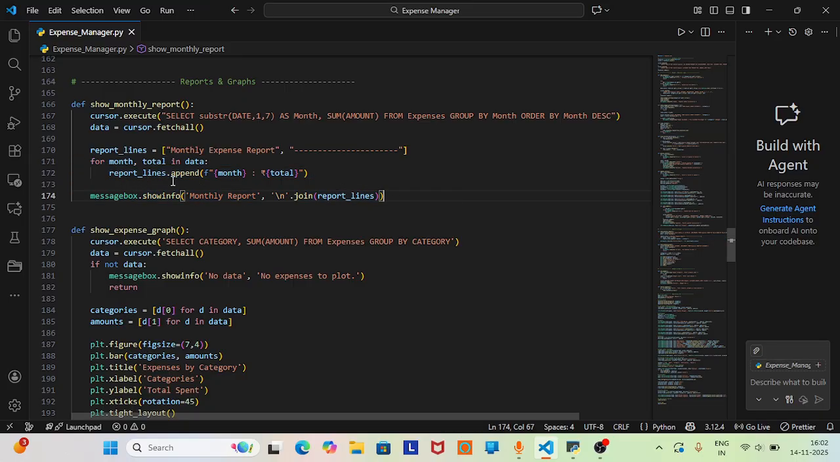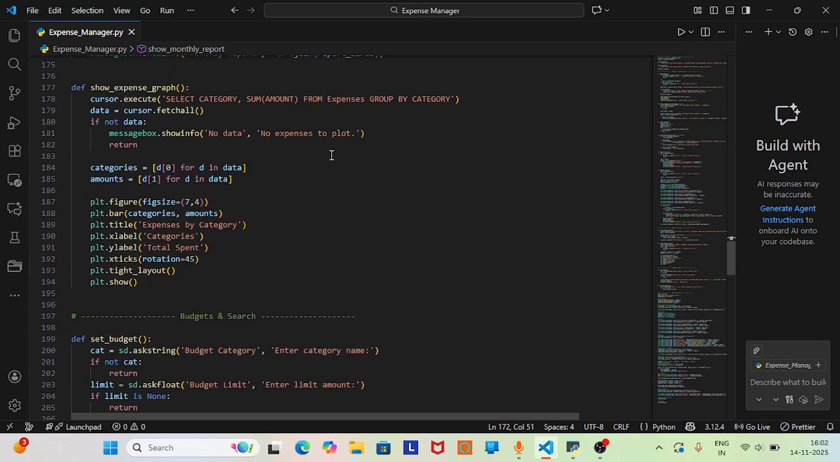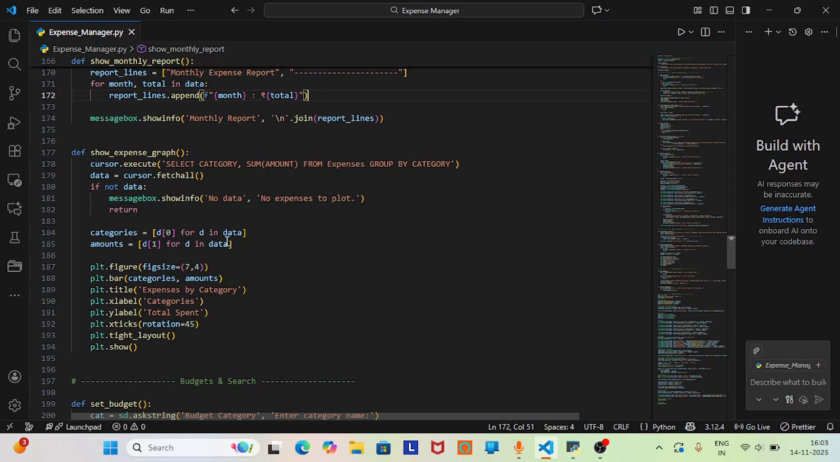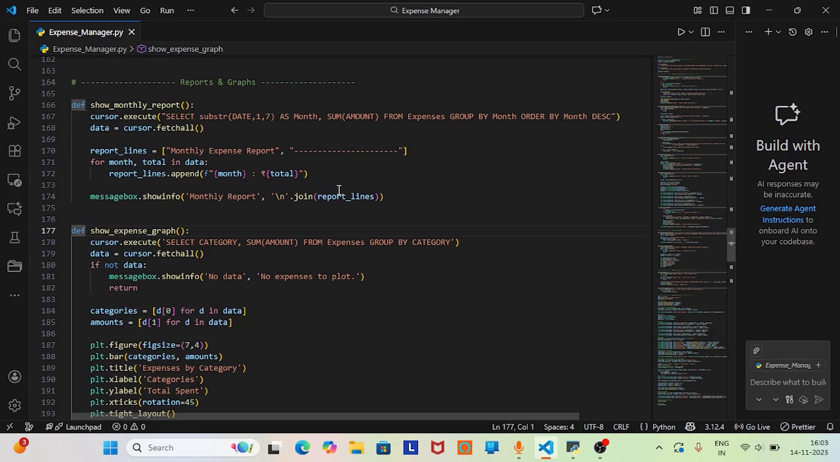For each month it will append it like this, and then in the message box it will show that info as the monthly report, joining the report lines, again appending them, and at last showing the graphical report of that data that we have gotten right here. Okay,